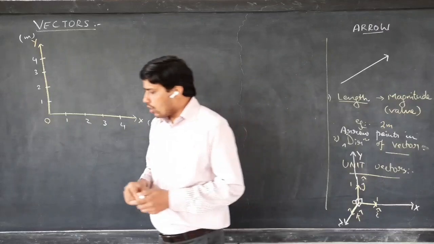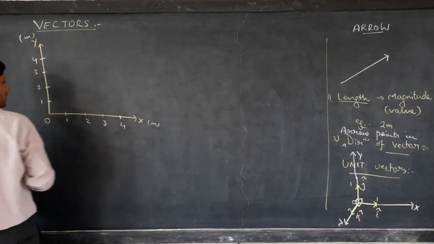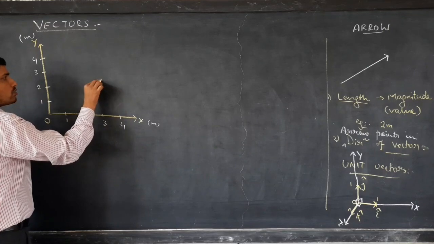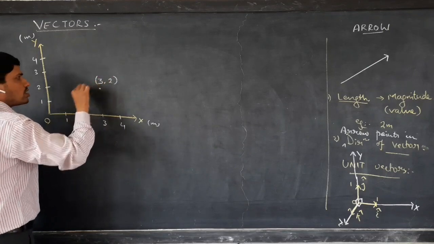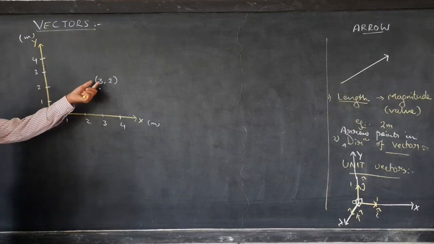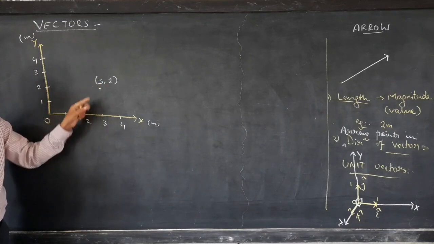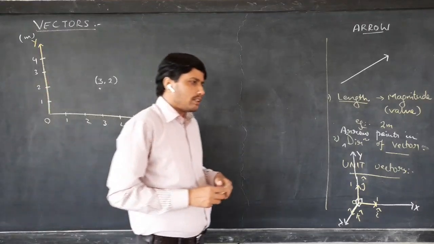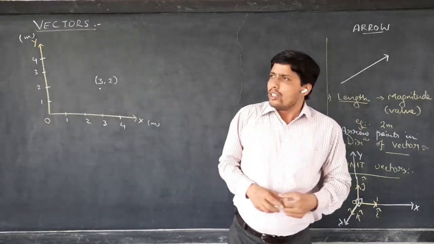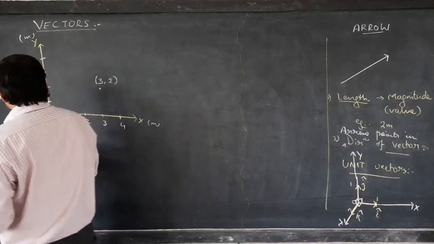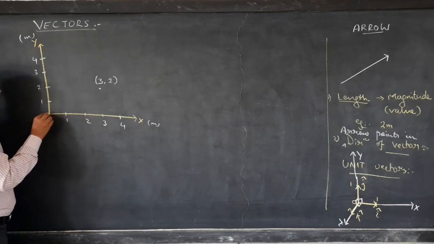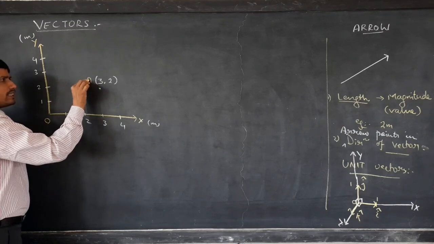You know geometrically how to represent the coordinates of some point. Suppose I wish to indicate the coordinates of this point. This, you know students, it is 3, 2. Now what does this mean? This means that its x coordinate is 3 and y coordinate is 2. Vector is also a similar entity. If you understand this in terms of displacement, in order to reach from origin to this point, which I call A,